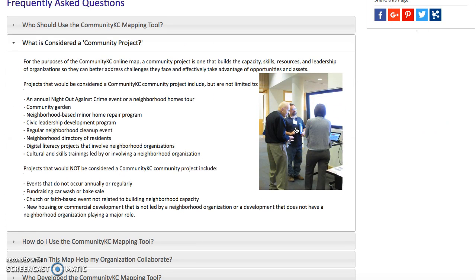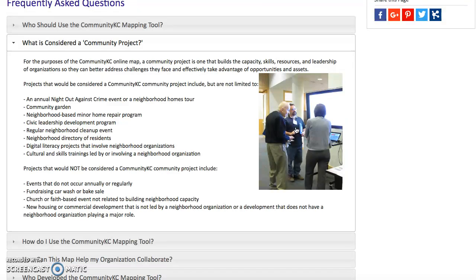Community projects are ones that occur on a regular basis to some extent, either annually or monthly or things of that nature. A lot of times these ones are not just one time. They're really trying to invest in the community, so they should be projects that are occurring on a regular basis. Some examples of that are cleanup events. There are community gardens to help,